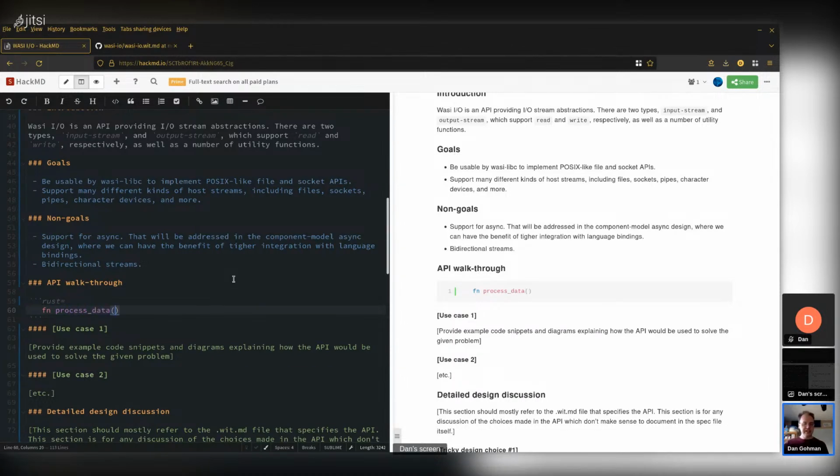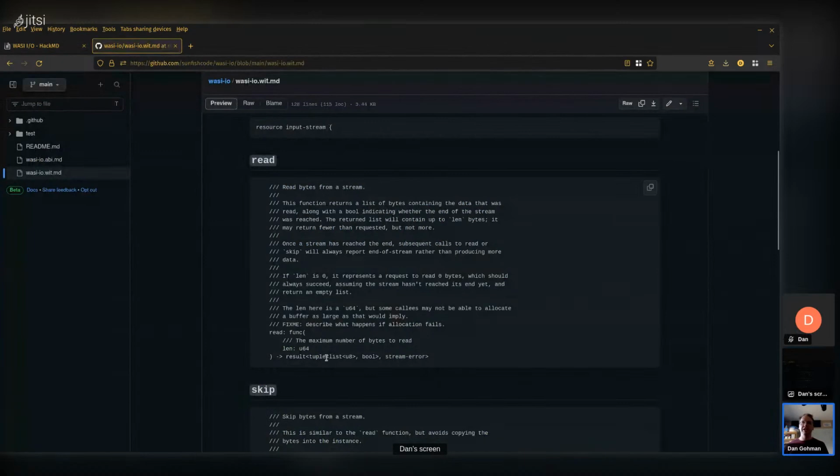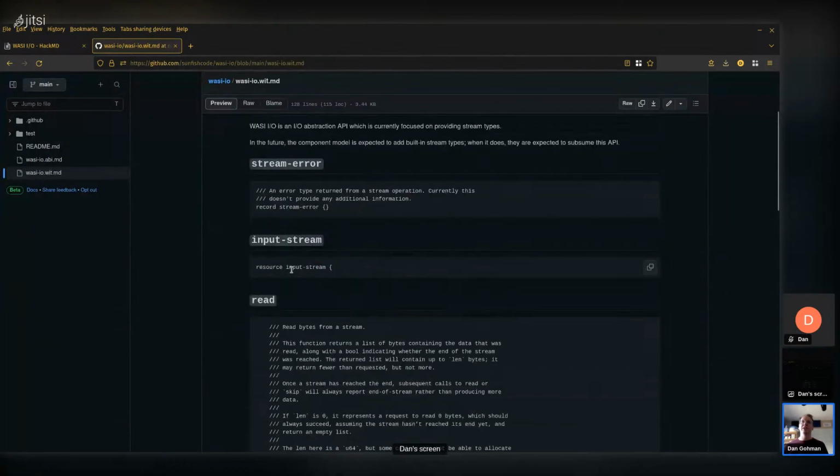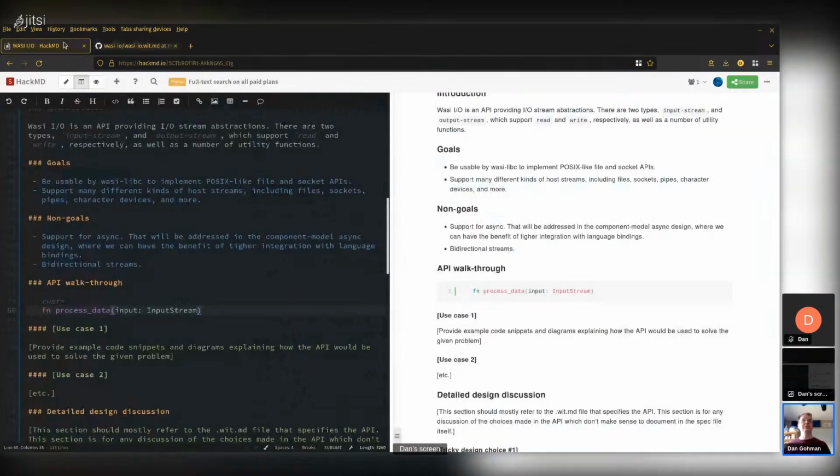Some kind of function is going to process data. It's going to take input, which will be an input stream. And so the name of the input stream in WIT is input-stream. And it's lowercase and it's kebab case with a hyphen like that. What that means is that we can map this into source languages with whatever casing, underscores, camel case, whatever makes sense for the source language. So in Rust, types will be camel case with capital letters, and so it'll get mapped in like that. That'll be our InputStream, which is the input-stream from WIT. And maybe you have an output to write to.